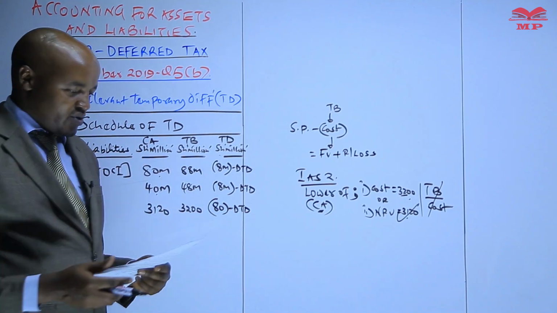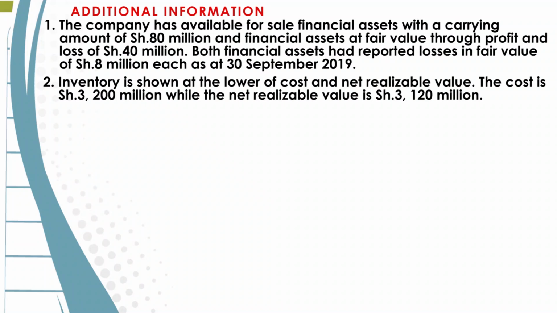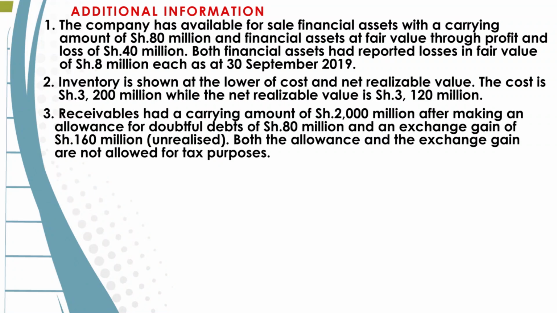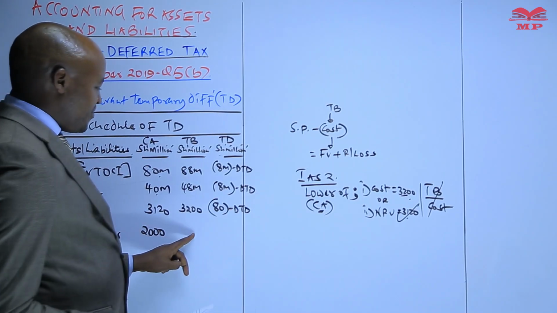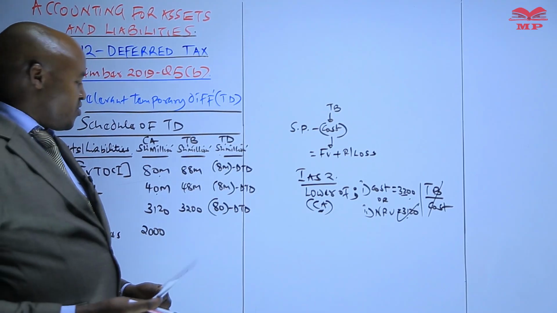So let's move to the other point, number 3. We're given information about receivables, and we are told the carrying amount of receivables is 2,000 after making allowance for doubtful debt and including an unrealized forex gain of 160. So what you're given there is information about the receivables. For the receivables, we have the carrying amount, which is 2,000 million. So we need to determine the tax base. The tax base for